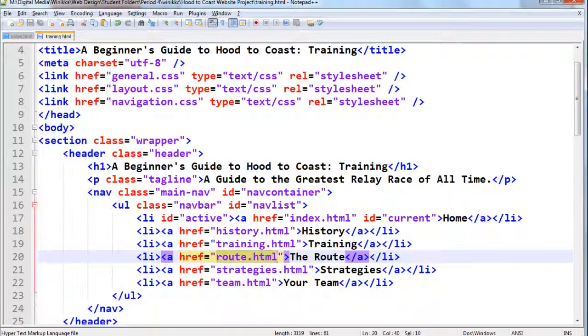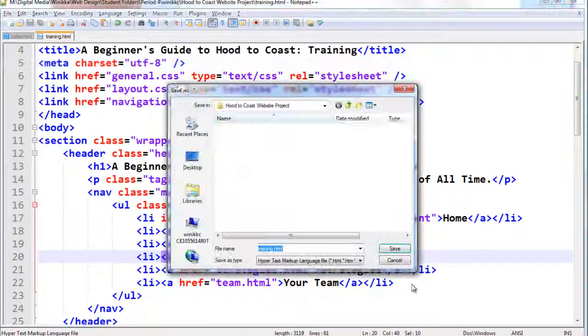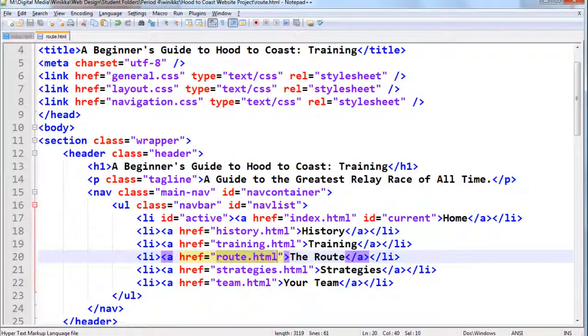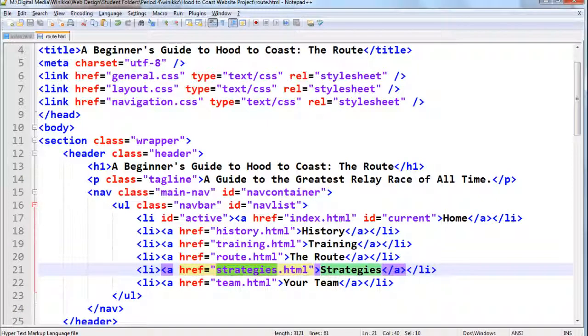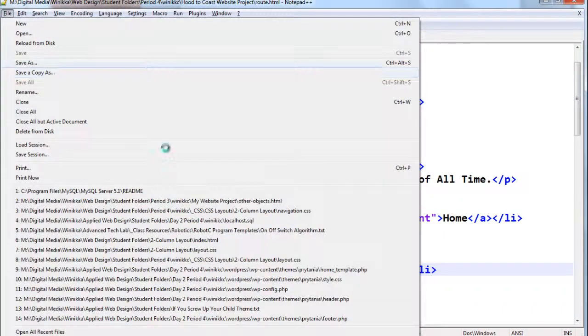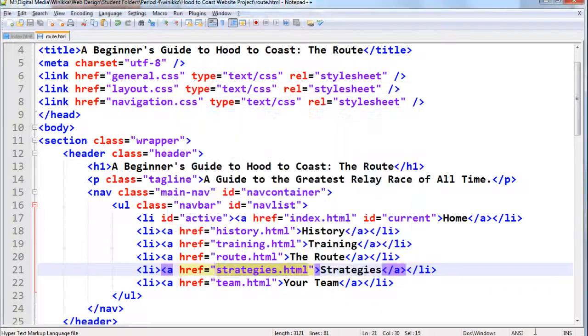And now you can see that it's not that hard. So you copy the file name with the .html. File, Save As. You get the routine, right? Paste it, save the route. So I double-click to copy all of that. Double-click here, I paste there, double-click there, paste there, save my changes. That's the route, strategies. Don't forget to get all of the file name, including the .html. If you make a mistake on here, then it's all over, pal. Anyway, so no, it's not. You can fix just about anything. So we're on strategies. Copy,